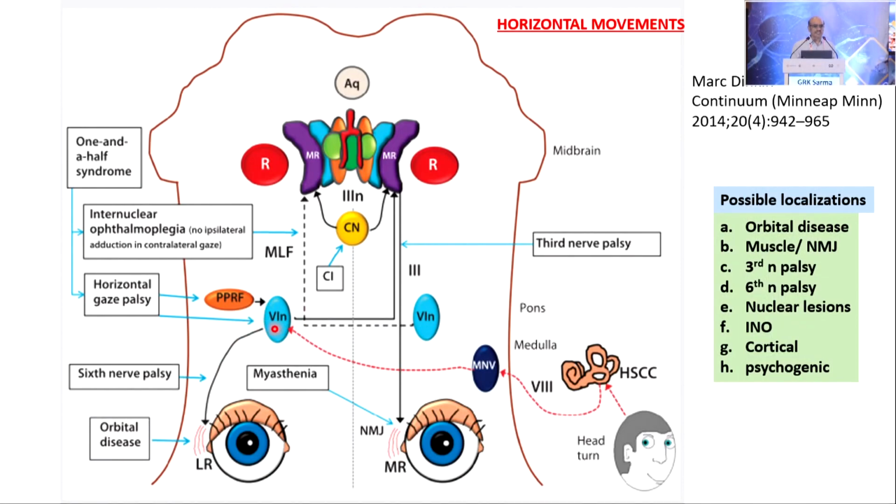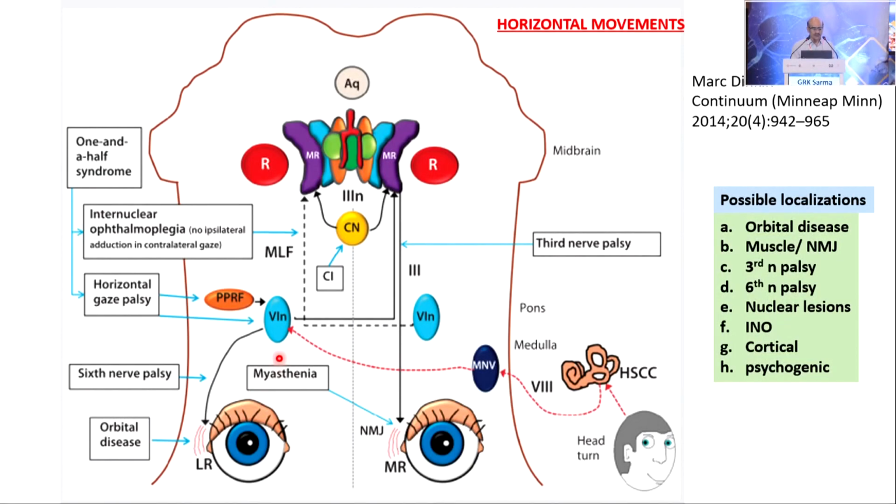The 6th nerve nucleus is different because it has 2 components. One supplies the lateral rectus of the ipsilateral eye. The other component innervates the medial rectus of the opposite side through the MLF, and that is why it produces the opposite medial rectus action. So stimulation of the 6th nerve nucleus leads to ipsilateral eye abduction and contralateral eye adduction. That is the yoked muscles. So if there is a lesion here, you always get gaze palsy and not the